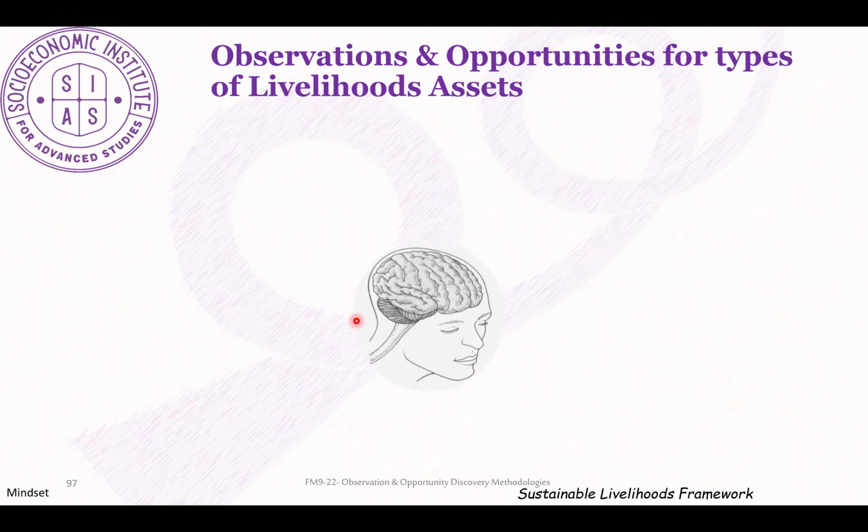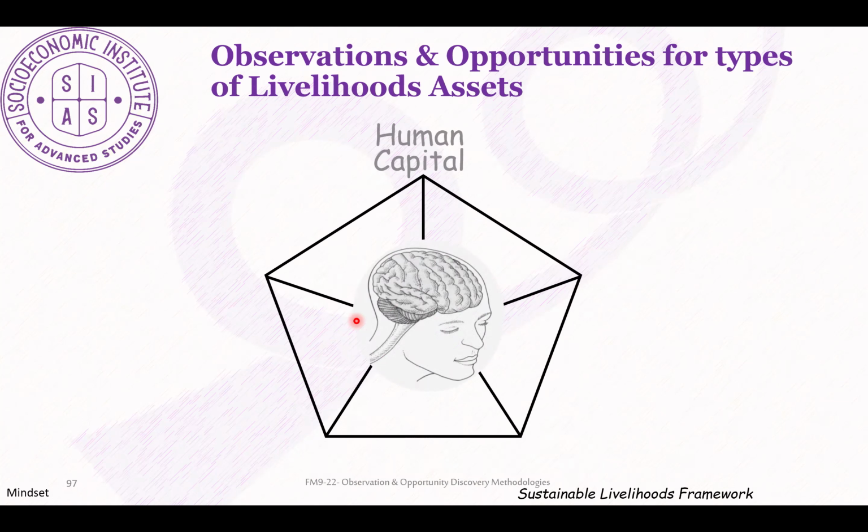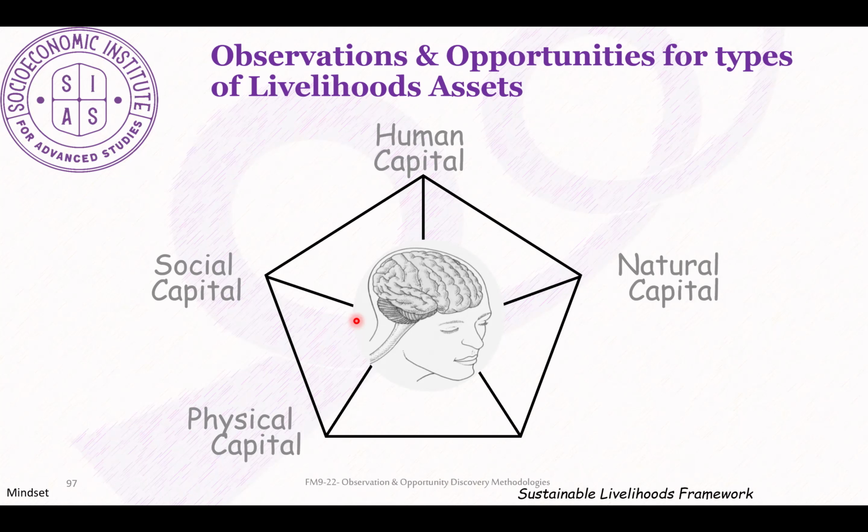So when we start to link the opportunities together, we start to see the type of livelihood assets. So how the community can have the human capital connected to the social capital, how it can be capitalized onto the natural capital, and then how it's linked to the physical capital, and then how it can be linked to the financial capital. This is the curiosity of observation. Curious observation does not only see one capital at a time, but it thinks about the other capitals and how they can be connected.